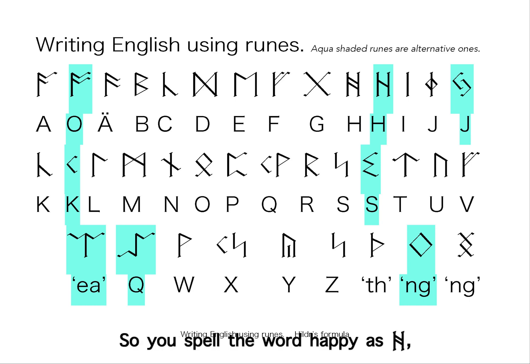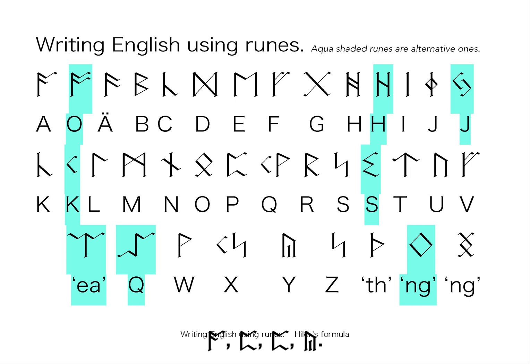So you spell the word happy as hail, oak tree, pear tree, why. As you may see, you do not have to learn anything about how each rune was originally pronounced in the ancient languages, Old English, Proto-Norse etc., other than which ones correspond to which English alphabet letters, realizing that prioritizing the